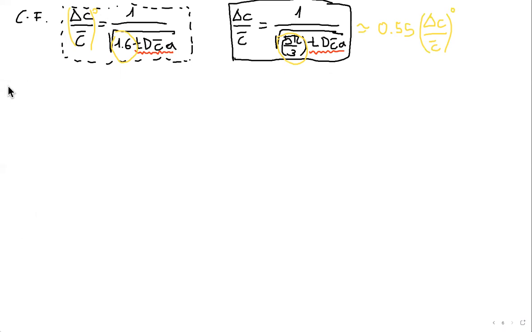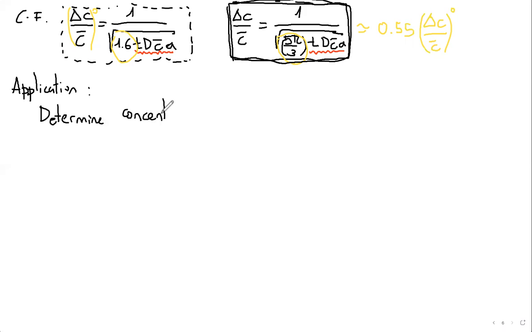Okay, so if I go back into this, let me just show an application of the result. So an application will be the following. I'm taking this one as a more realistic estimate of the error, because I'm taking into account that there is time integration, etc. Application will be to determine the concentration with a root mean square error of 1%, in an observation time